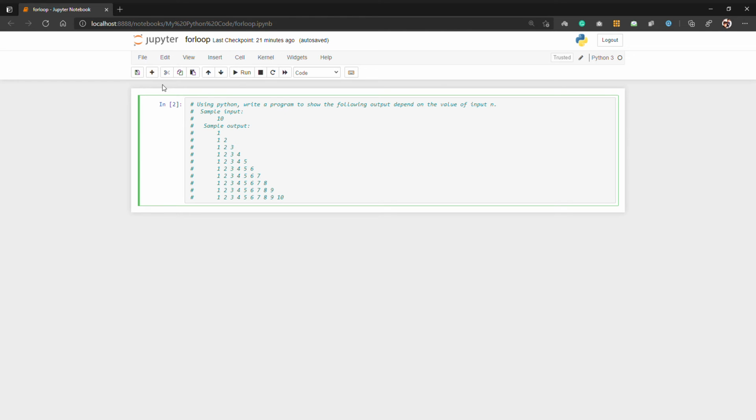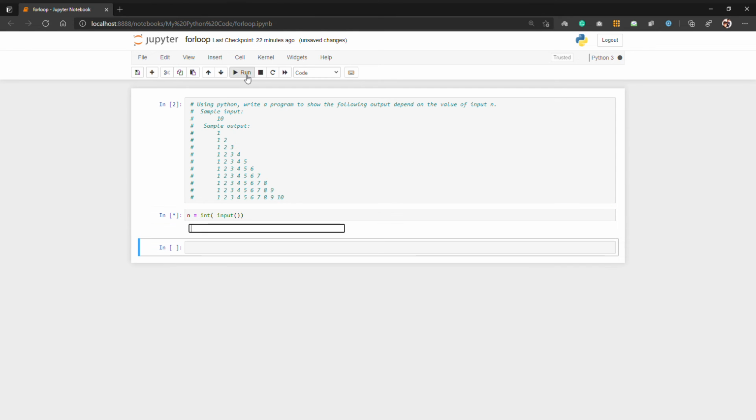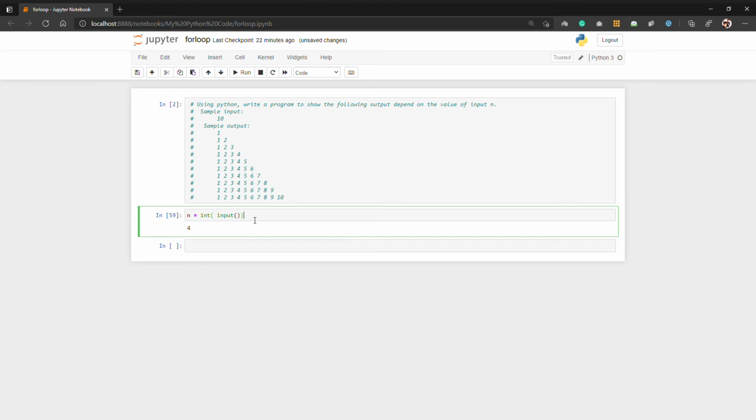Initially we insert a cell here. So we will take a value of n equal to int, since 10 is an integer value, and just call the input function. Then run the cell. Yes, it is working. It will take the value of n. After that